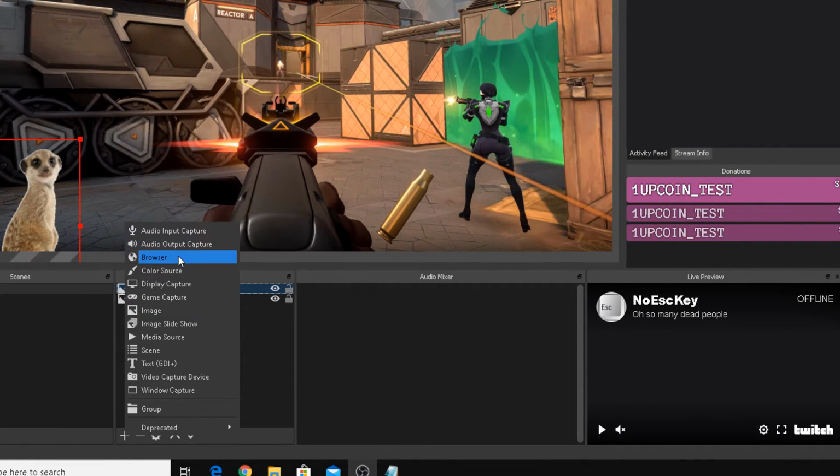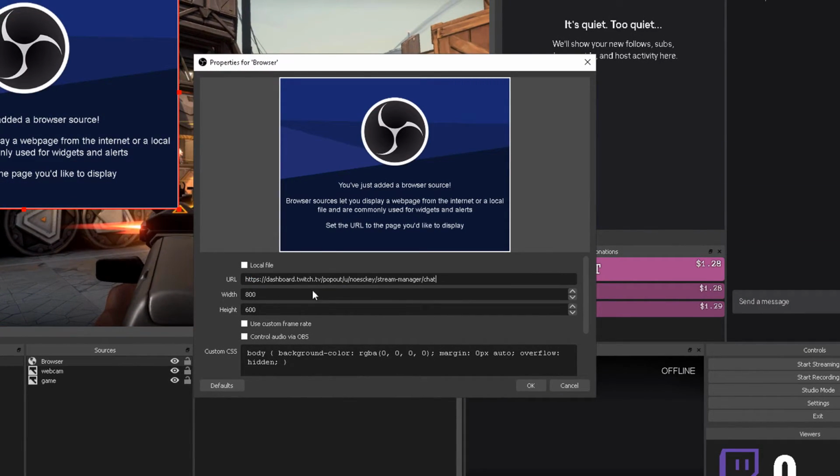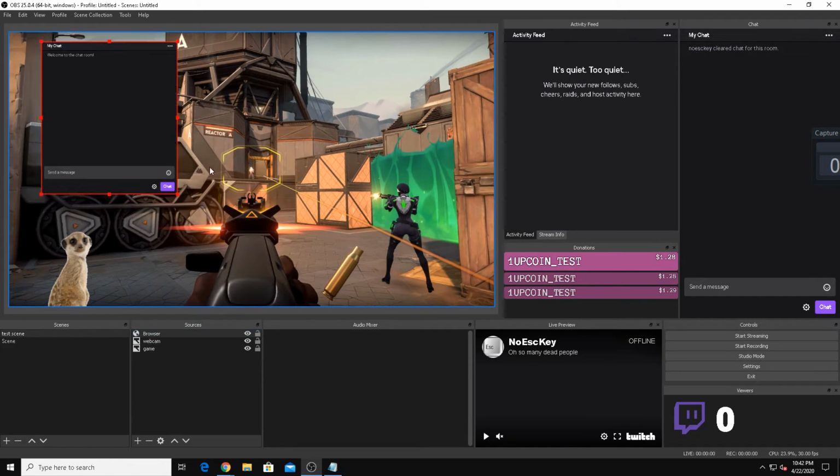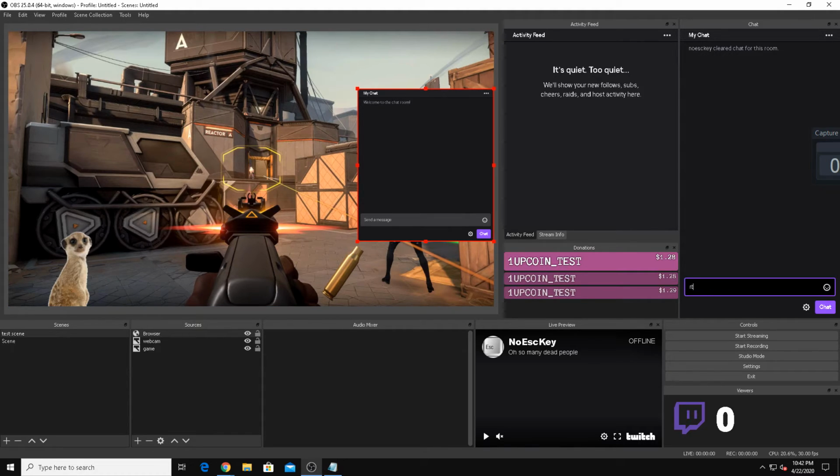We're going to go to browser, create new. I can name it later. Paste the link. I'm going to set a width of about 450. My number pad isn't on. 450. And this is 500. Let's just try it. First and foremost, that looks okay, I guess. Sure, why not? Okay, so now that we have that, we can obviously see that chat is on screen, but